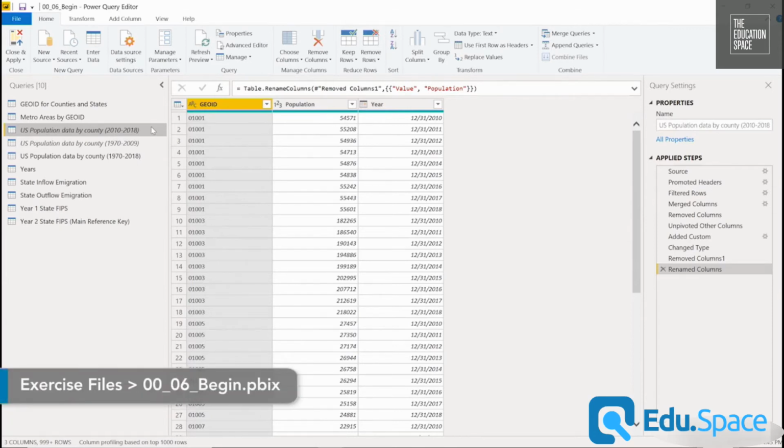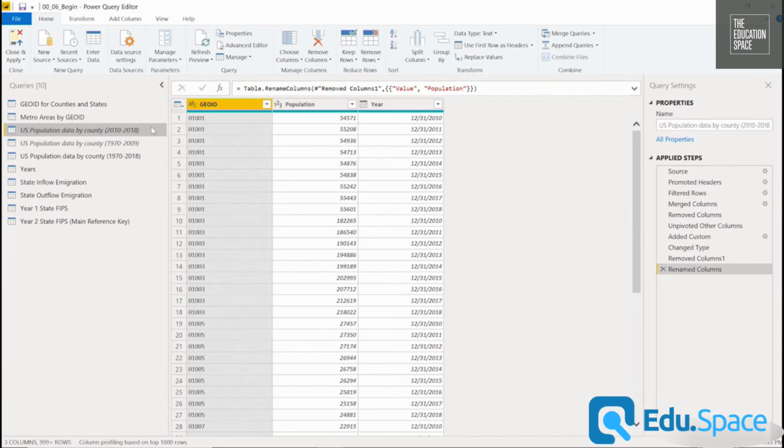After downloading the data, we need to bring it into Power BI using the Power Query Editor. Notice that we are using Power BI file 00_06_begin. We use multiple queries within the Query Editor window. For all of these queries, I connected them up to the file paths for the downloaded files you will find in your data folder. I then used transformation steps to shape the files and the data sources into usable data